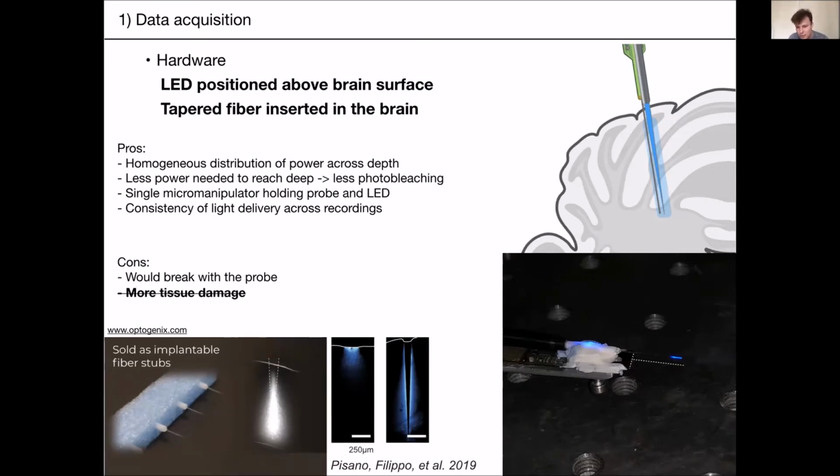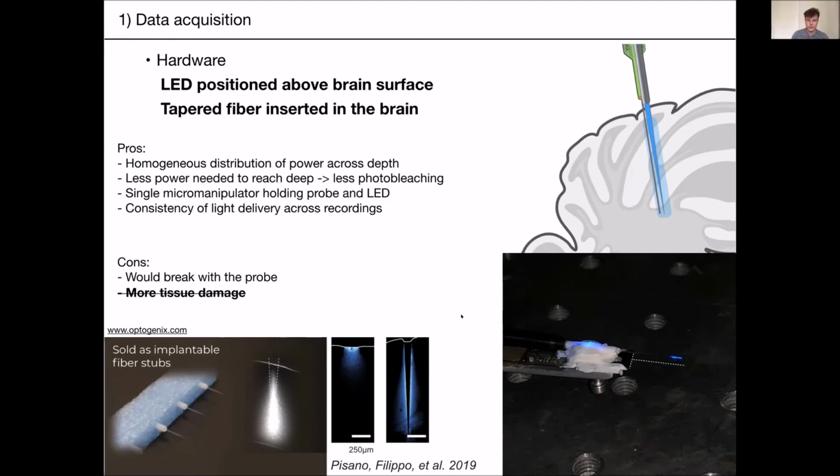Here you can't really see it, but this is where the probe shank is. And here on top, I've just used dental cement to attach one of these glass fibers, which you can see do not only illuminate the tip, but illuminate on the whole length of the fiber. You can see it on this image as well, which allows you to more homogeneously illuminate your neurons along the